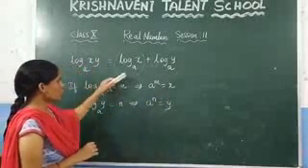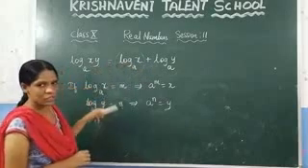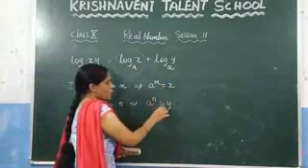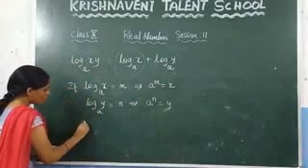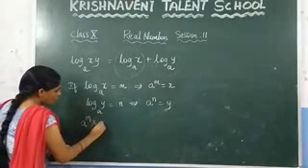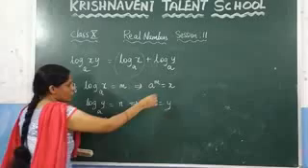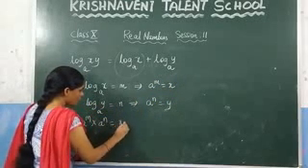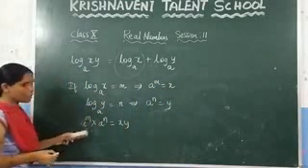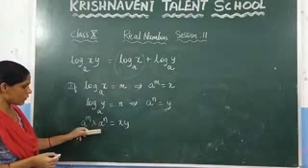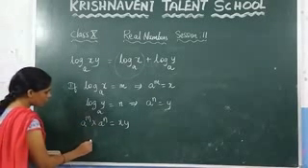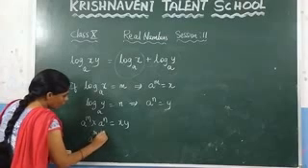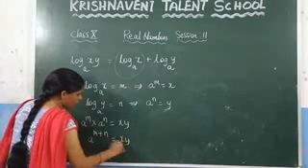Now if you want to show that this value is equal to this value, let us multiply these two equations. If you multiply these two equations, what will you get? a power m into a power n is equal to x into y. You know that for a power m into a power n, if the bases are equal and you are multiplying, you can add their powers. From that, you can write this as a power m plus n is equal to xy.